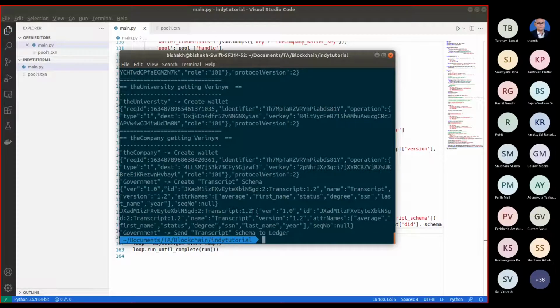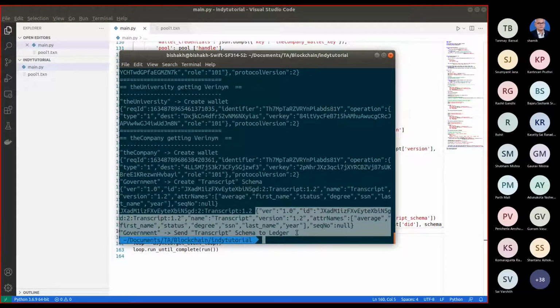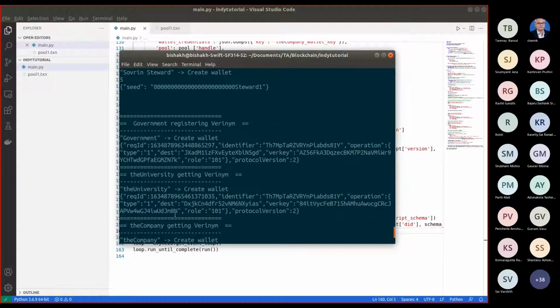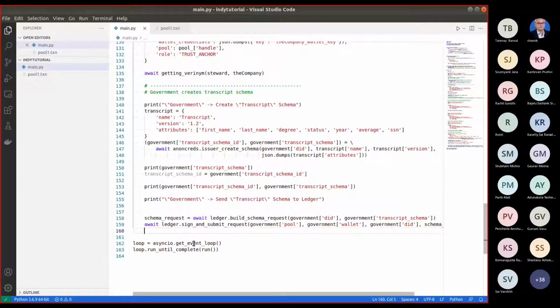Okay, I should have given some new lines, but this is the transcript schema. You see that it has the attribute names: average, first name, status, degree, SSN, last name, year, and there is this version number, name, and also the deed of the registering authority, the government's deed basically. So at this point the transcript schema is also registered in the ledger.